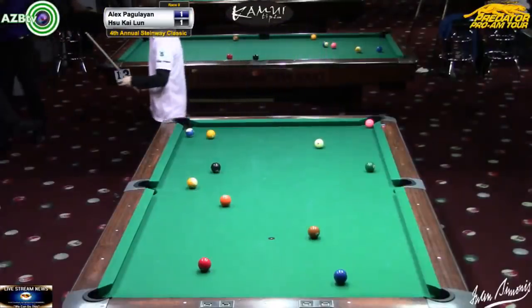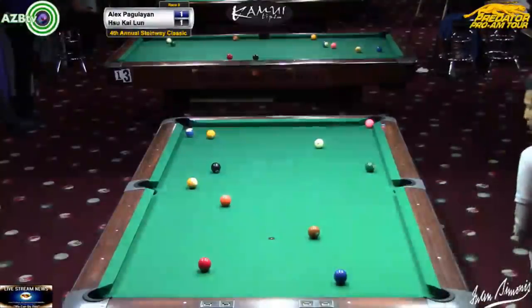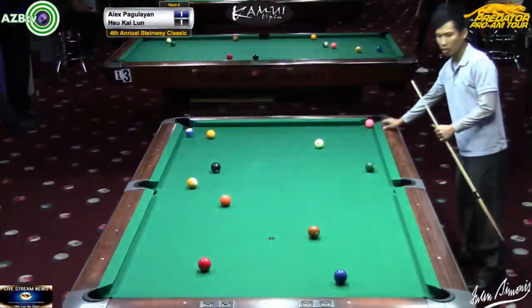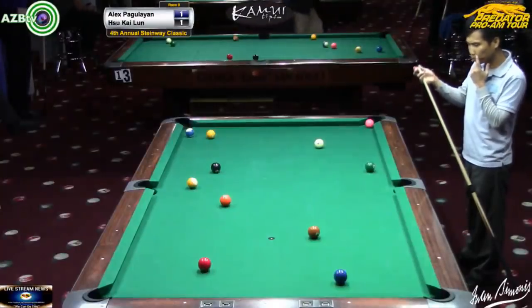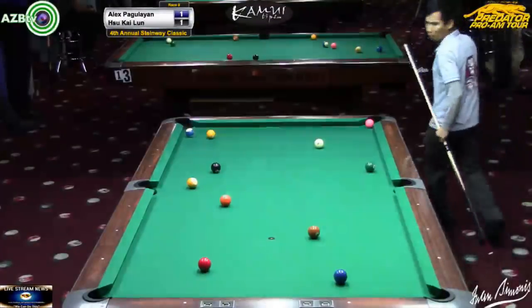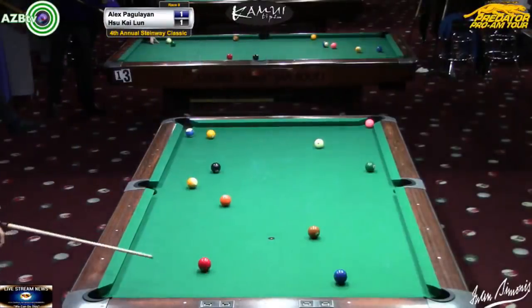And didn't drop. No open cluster. I mean, no clusters. An open table. That's what Alex, or any player, would love to come back to: an open table this way. Table 24, Carl Stewart. Nice open break if he had made a ball, but right now he's...